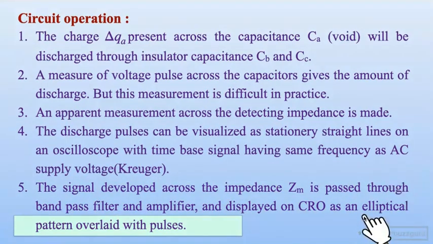So you can see that there is an elliptical pattern. This is due to the AC voltage source from the high voltage transformer, and it is overlaid with pulses. So these pulses are generated by the secondary source represented by voltage Vk. So these pulses will be overlapping with the elliptical pattern. So when these pulses are applied and discharges are taking place, how to detect, or what is the result obtained? Let us check in the form of a diagram.